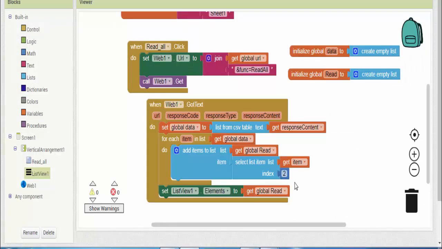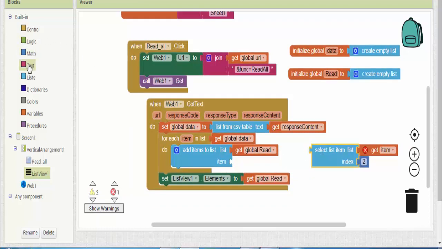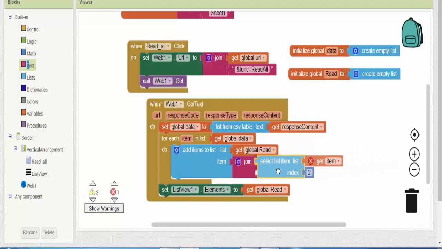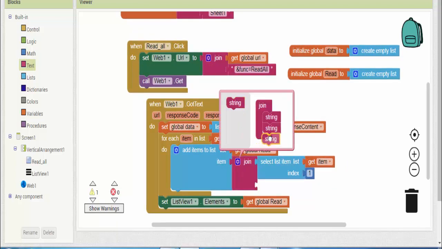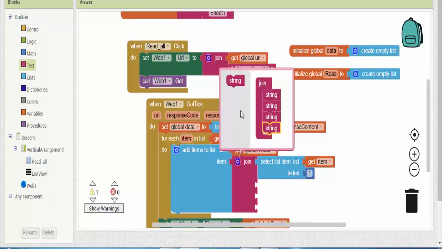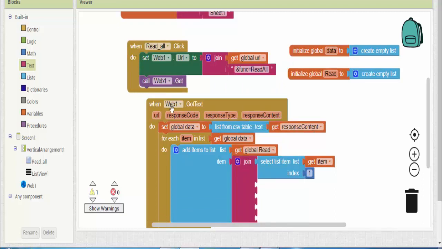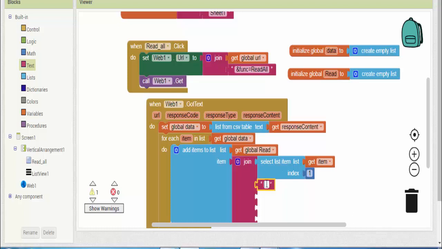Now if we want to display both, that means the name as well as the phone number, then what do we have to do? We have to bring again a join box, and first we join that with the number 1. Now we add some strings. In the first string we give a space.